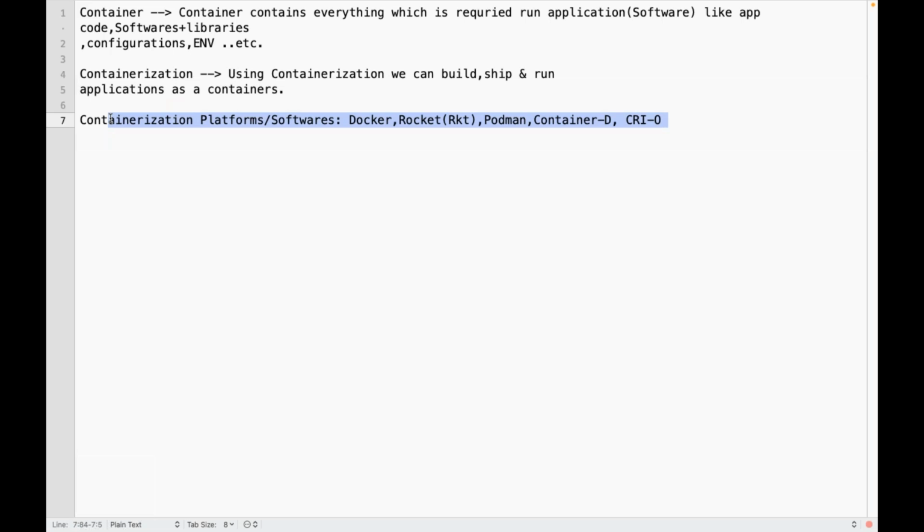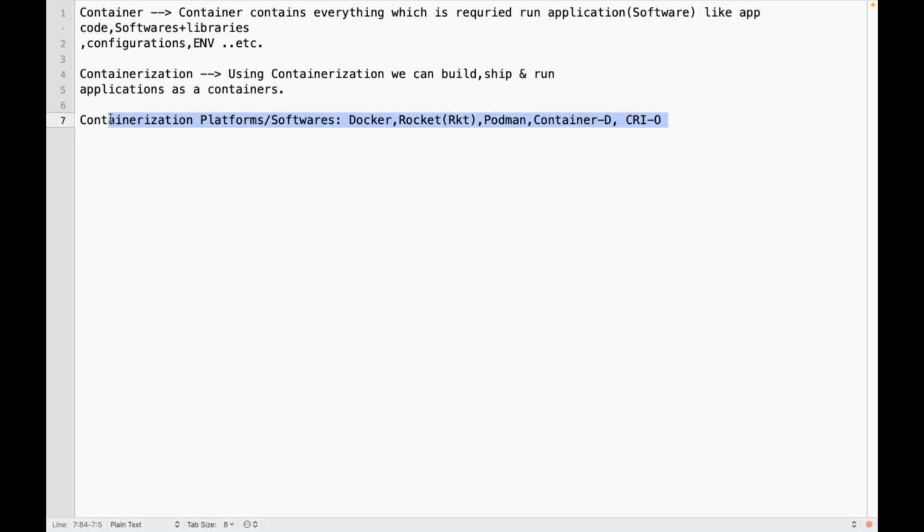Now, to build, ship, and run my applications as containers, do I need some containerization platform? That can be Containerd, CRI-O, Docker, or Rocket. Yes, so these are the containerization platforms or software. Out of which, which is the most popular and widely used containerization platform in the market?